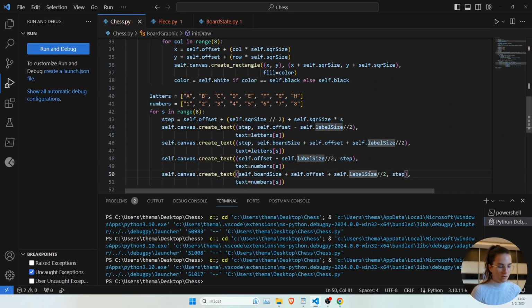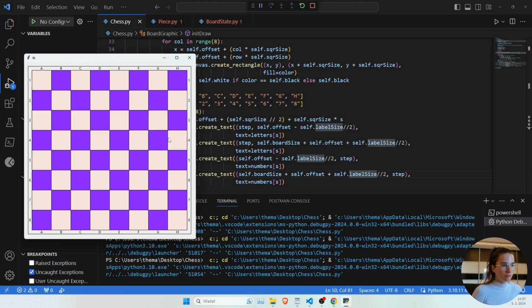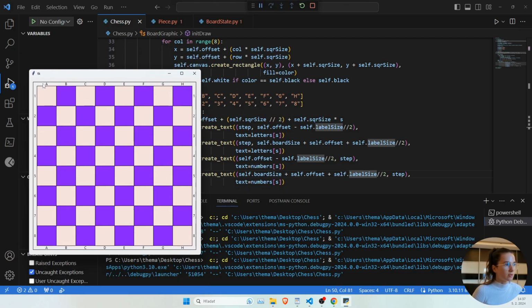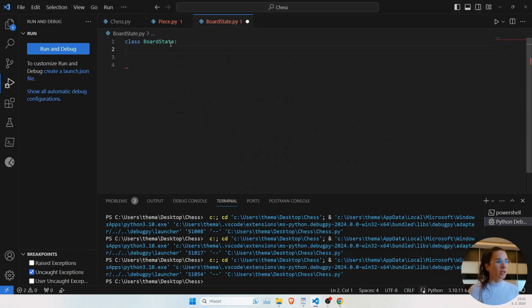Okay, let's see what we have created here. It looks pretty good. So as we can see, the very first thing, we are adding the letters from our list letters on the top, and we are moving by one step, and the y coordinate is staying the same. So we have finally our very first visual representation of our game, and now we want to move forwards to the more interesting part. So let's just